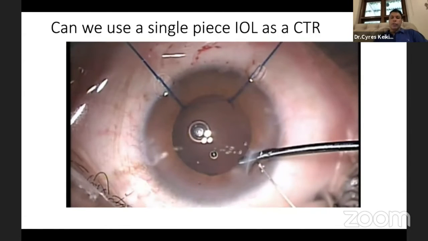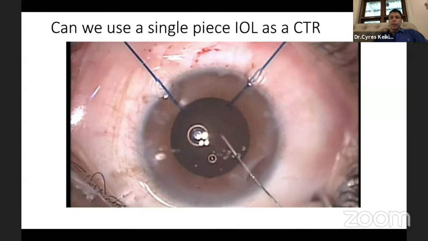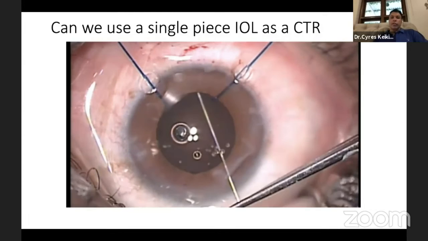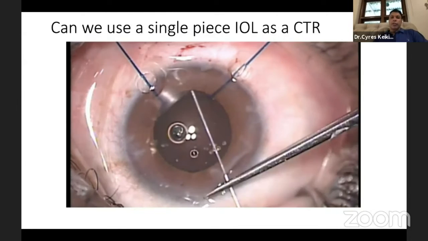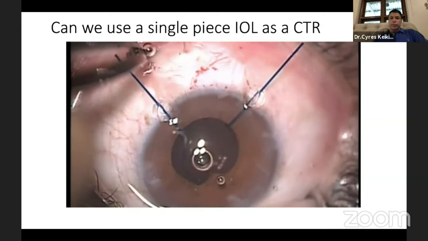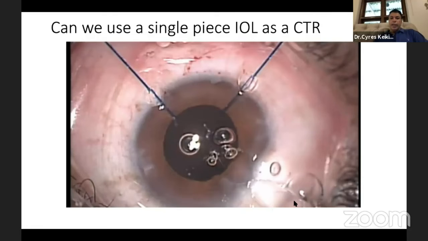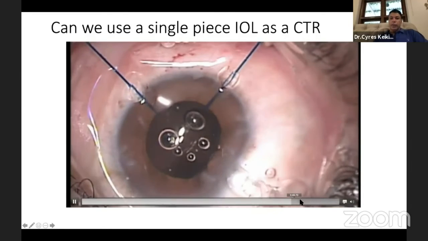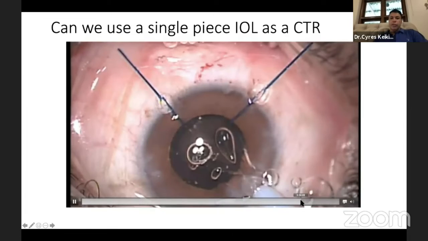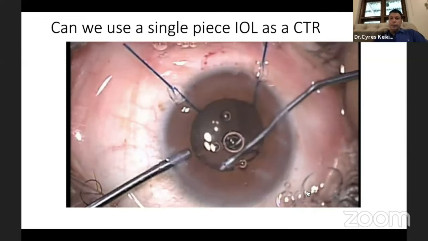Even if you don't railroad it, you just go under the iris, pass it under the iris, because where else is it going to come out? It's going to come out exactly where you want it to anyway. So when you have a long straight needle, you don't have to railroad it. You can just pass it out of the eye. So now we are injecting the IOL behind it. So now you have an IOL connected by a suture. You can put it in the capsular bag like so.